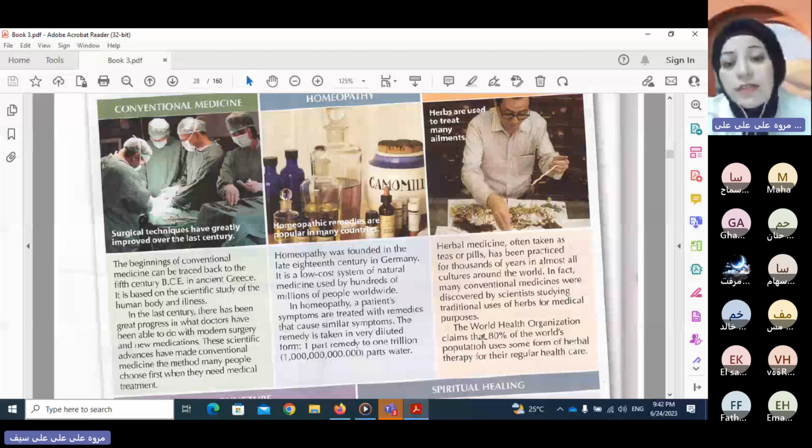Now we move on to the second picture referring to homeopathy. I know you are not familiar with the word. It refers to alternative medicine. So we're going to study what that alternative medicine is. What is it about exactly? So you have 1 minute again to read the passage about homeopathy, and then you are going to tell me,